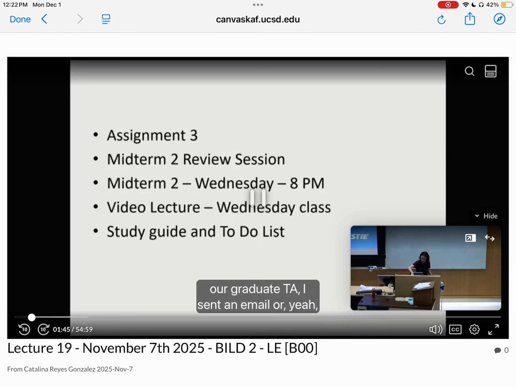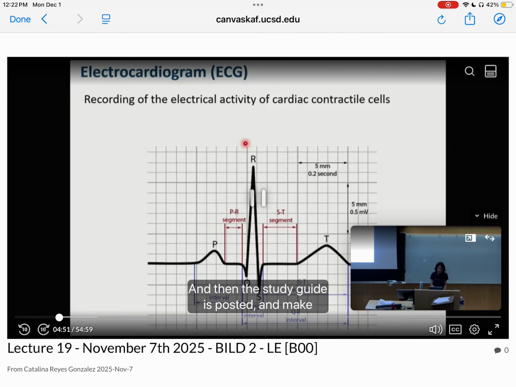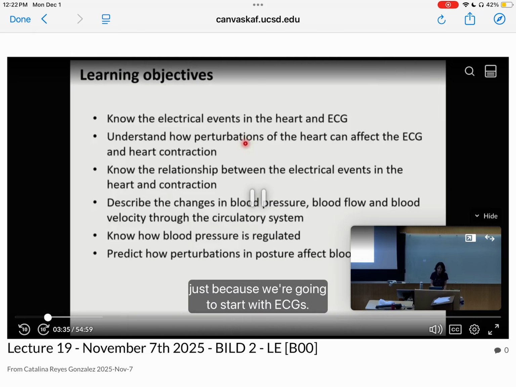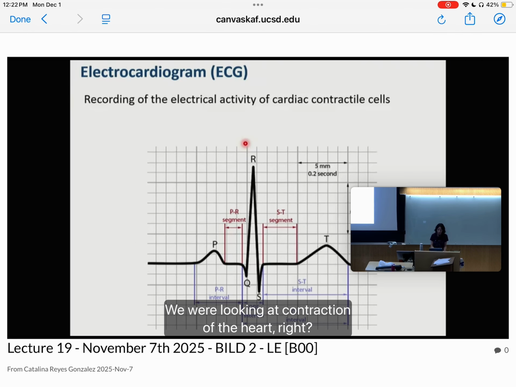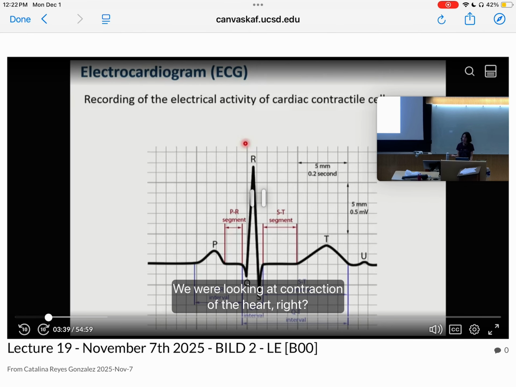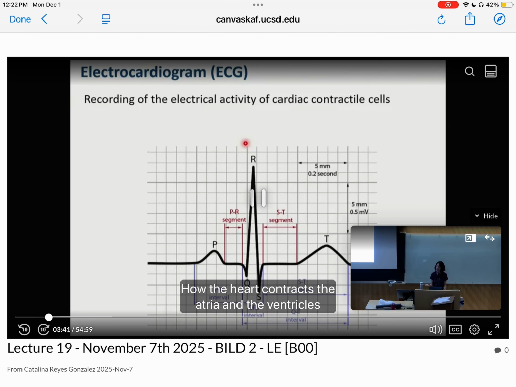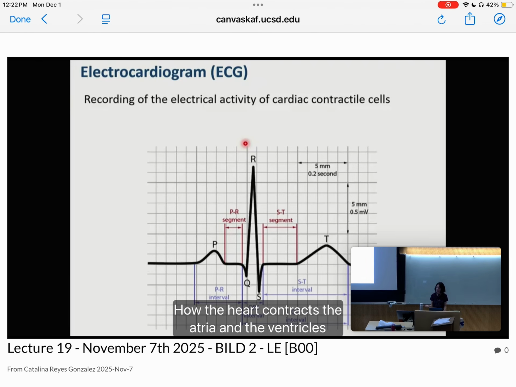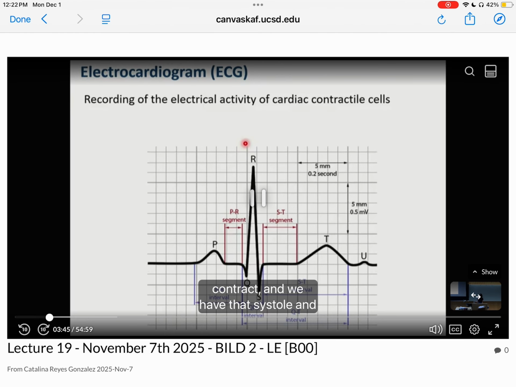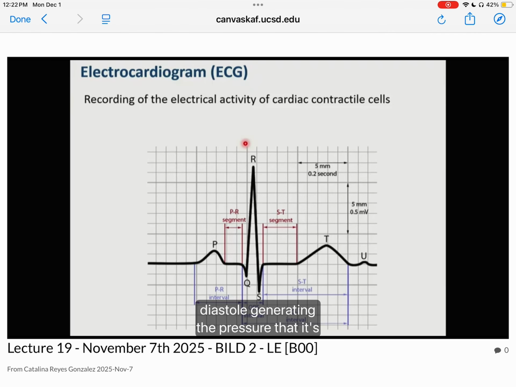Just, and last night, the slide is posted, the spontaneous force of contraction, generate that muscle. Moved it here just because we're going to start with ECGs. We were looking at contraction of the heart, right? How the heart contracts, the atria and the ventricles contract, and we have that systole and diastole generating the pressure